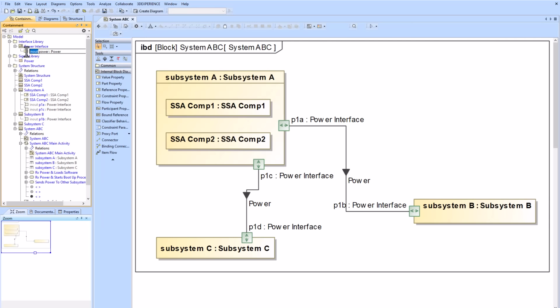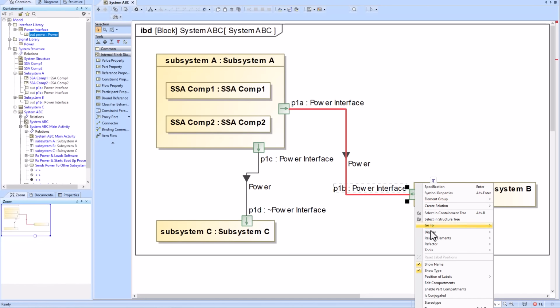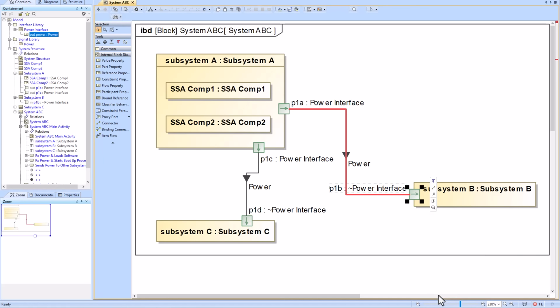We're then going to change the directionality of the flow property from in out to just out, and this will show the directionality of the flow property over the proxy port. You'll see that the lines turn red because there is a compatibility issue, so we can use the tilde to conjugate or reverse the direction of the flow over that proxy port. Note, sometimes it takes a second for Cameo to rerun the compatibility checker and to make the red line go